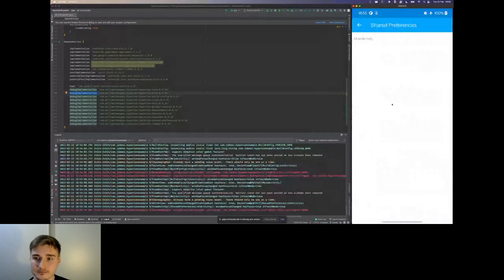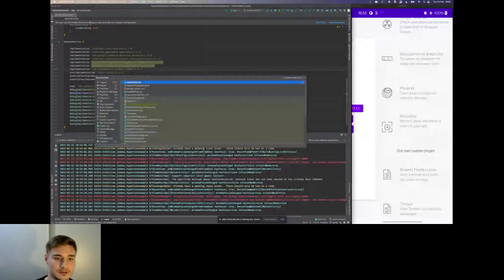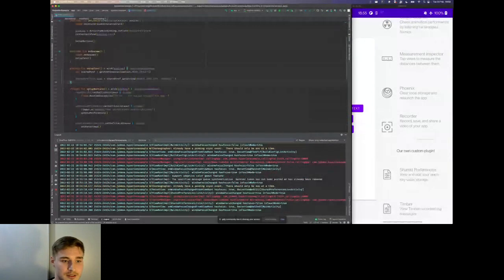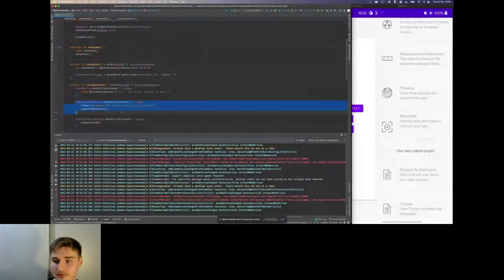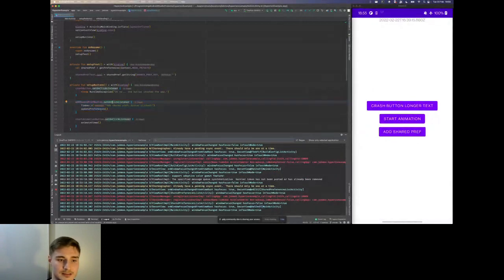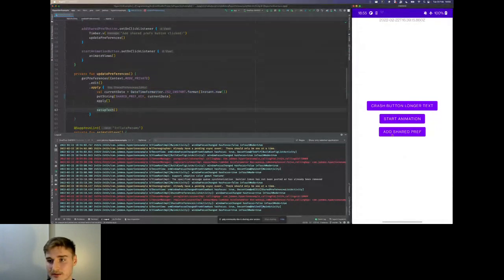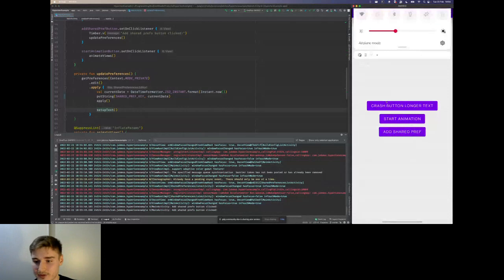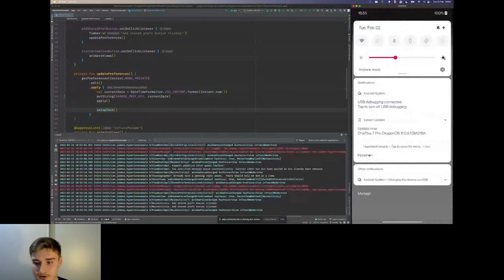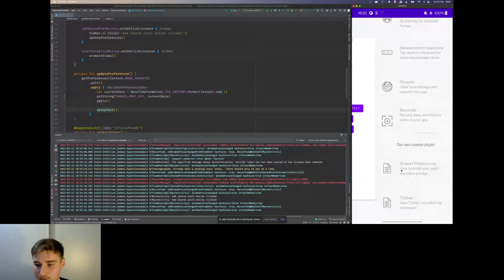Shared preferences. But maybe first I will show you how this main activity works, especially the Add Shared Preferences button. We've got an Add Shared Preferences button that, I will make it a bit bigger, takes the current date and adds it to the shared preferences, and then it updates the text at the top of the screen. So as you can see, every time I click, the value changes. But with Hyperion, we can also preview all our shared preferences. The only thing we need to do is click.